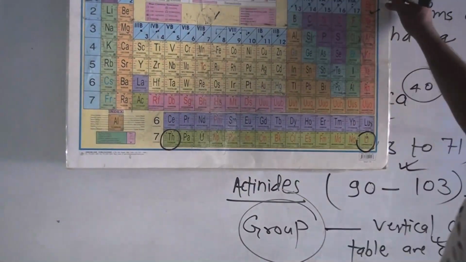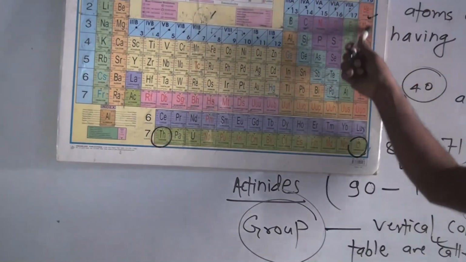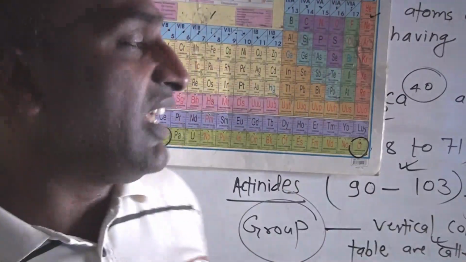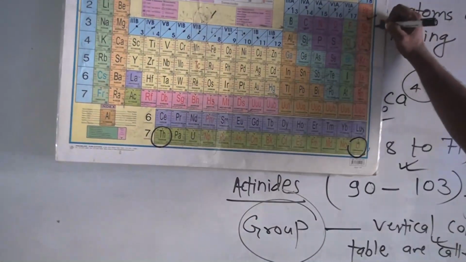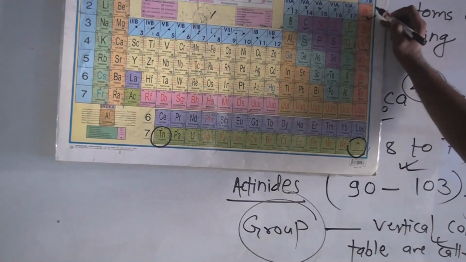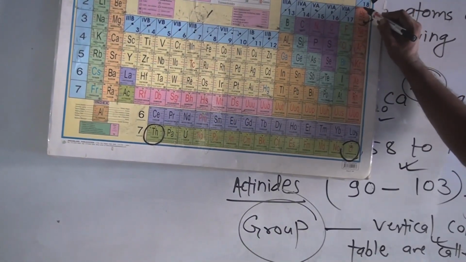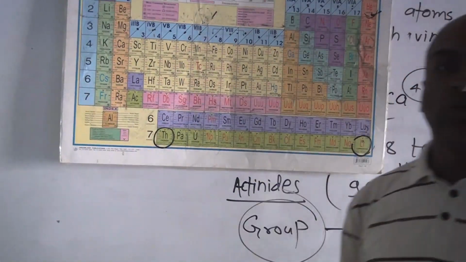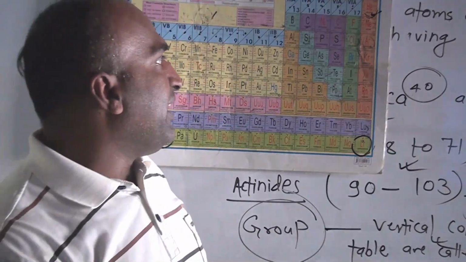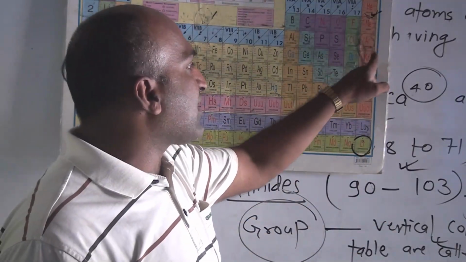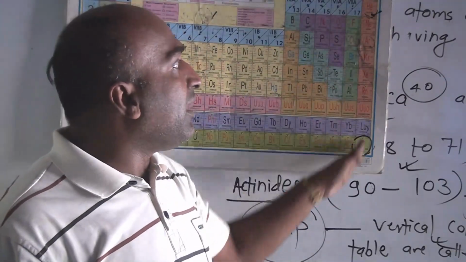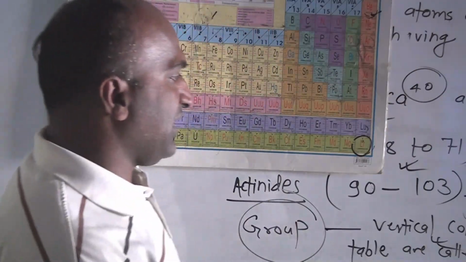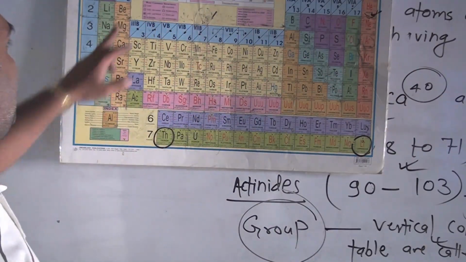In group 0, the elements are inert, they do not take part in chemical reactions. Such elements have valency 0, or we can say they have no valency. Here, in this group, helium is an s block element. Its electronic configuration is 1s2. But the other elements, neon, argon, krypton, are p block elements. Their last electron falls in the p subshell.